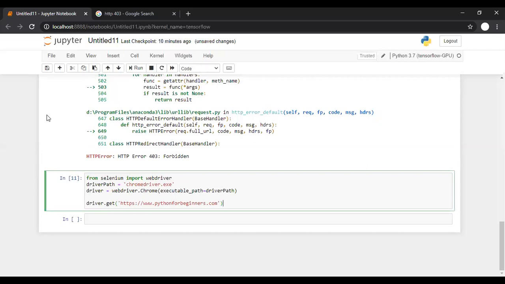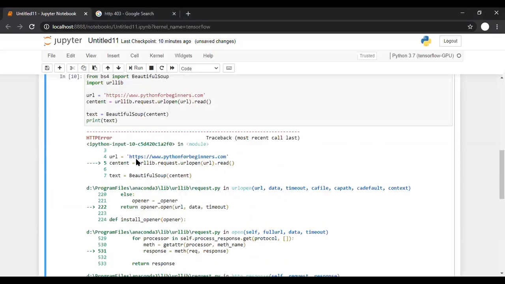But yes, if they don't want you to go through something, it is mentioned somewhere on their website. Where to mention it is up to you, but they might mention it, and the robots.txt file will tell you what you cannot crawl. So if you want to know, then simply read that robots.txt file.